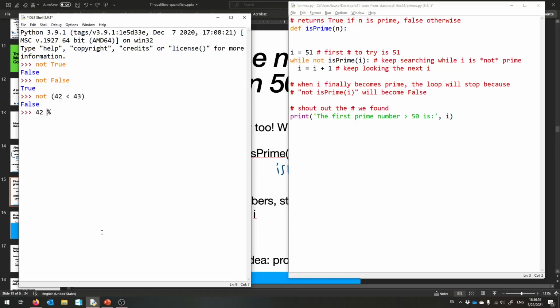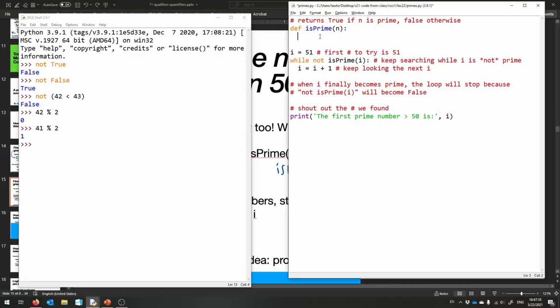So 42 divided by 2, what's the remainder? You say 42 % sign 2. I say mod 2, okay? So this is going to be 0 because when you divide by 2, you have nothing left over. But when you divide 41 by 2, you have 1 left over. That's the remainder, okay? So we can check if the remainders are 0, and that'll tell us if n was